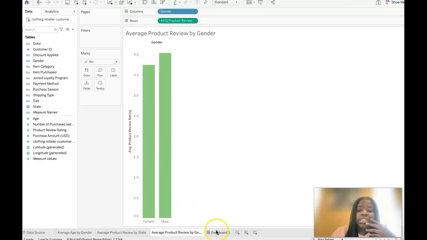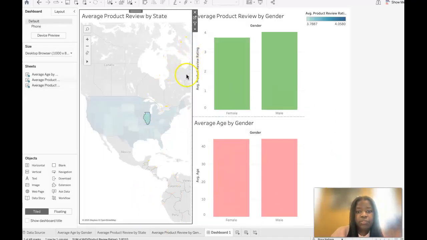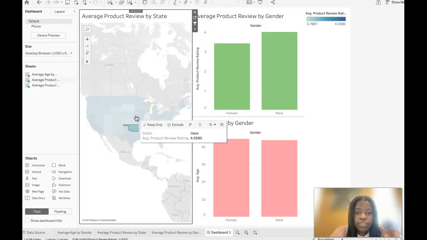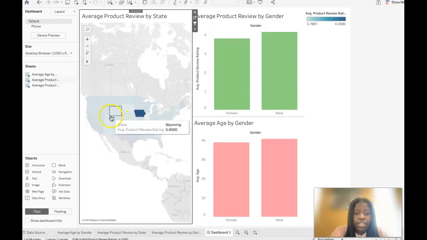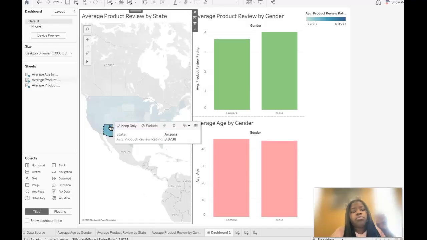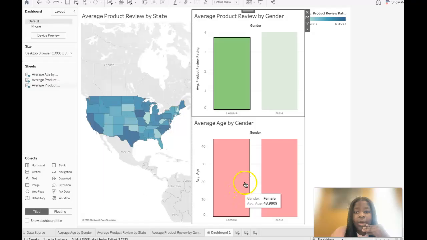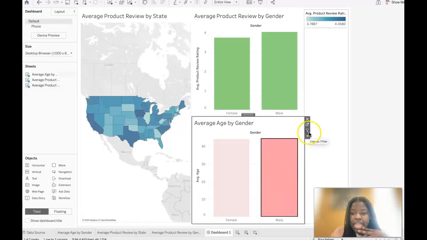And then we can go to my dashboard, and this is my dashboard with all 3 graphs. It could be interactive too, so as you click on each thing, it will show you the differences, and here we'll use a filter for it. It will show you the differences, and for Nevada, Wyoming, this will change accordingly. And that's one really cool thing that I love about Tableau, is how interactive it could be, and